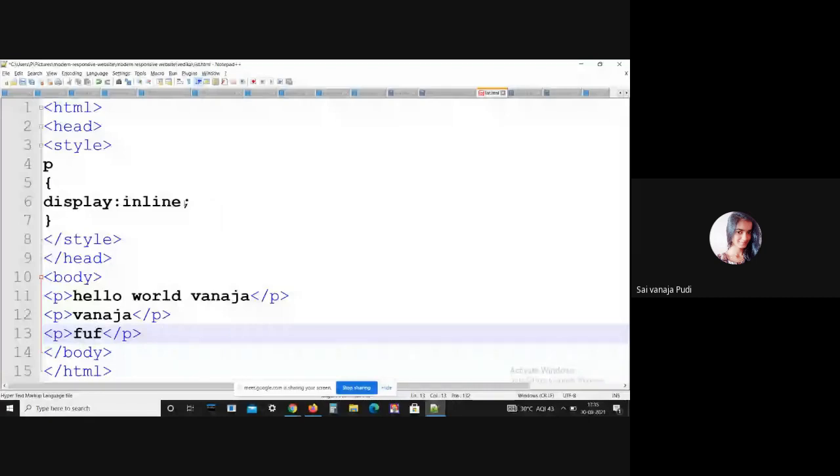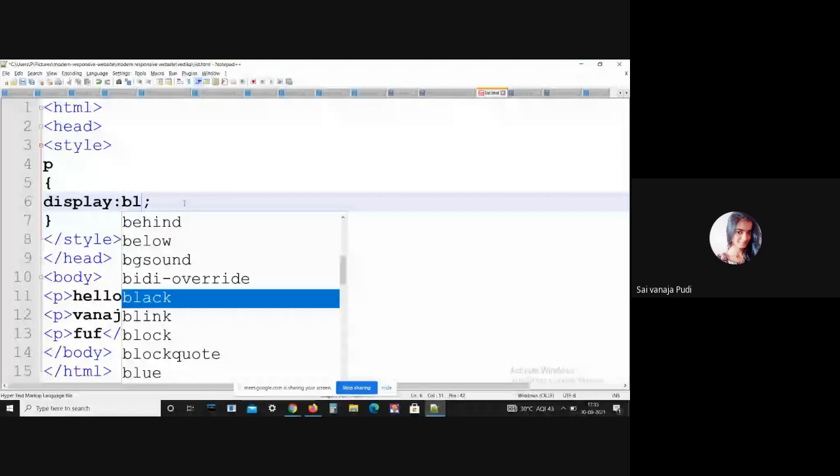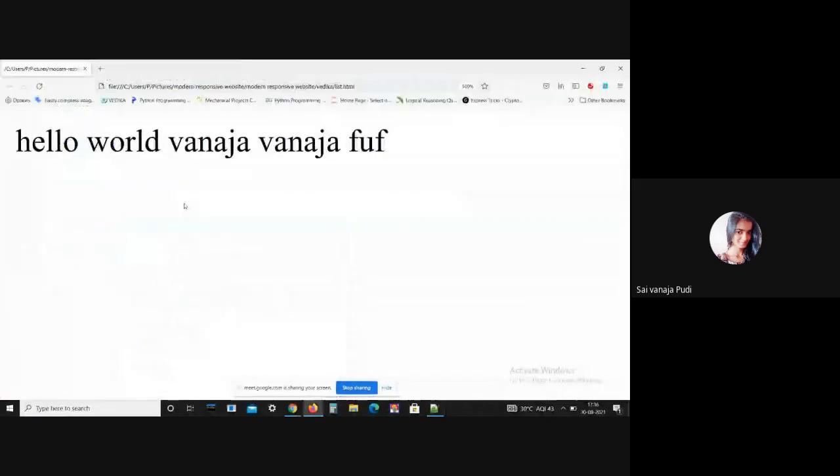Let me delete this inline, and here let me give CSS block, okay. See, you can clearly see the difference between display inline and display block. What does display block mean? This display block element takes as much of the horizontal space. See, you can see that there is much horizontal space between one paragraph and another paragraph. Means this block element takes the full available width. Okay, they make a line break. You can clearly see that they make a line break from one paragraph to another paragraph before and after them. This is generally what CSS block means.